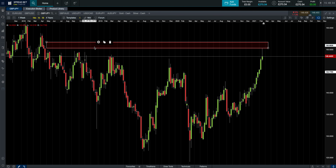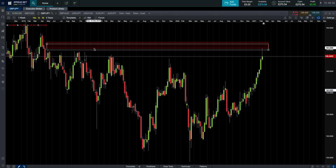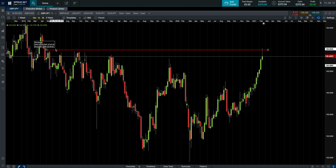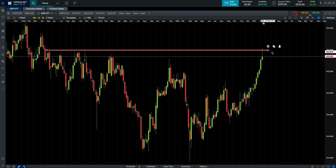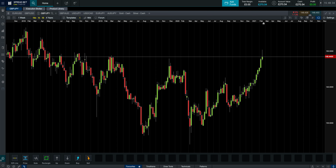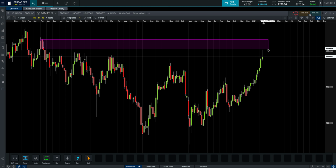Again, and I just want to be really clear about something here on pound Japanese yen. That tails high. So effectively, it's not the whole box, guys. Right? I just wanted to denote this area above these highs just here, okay, that we've just cleared. So I'm going to take this now, remove it, and this is the area that I wanted to denote. Price has gone up there and it's effectively cleared it out, okay. The area that we can make a note of to say, okay, it is of interest, is this area up here, okay, where price